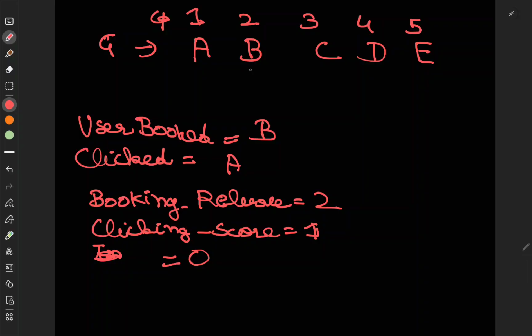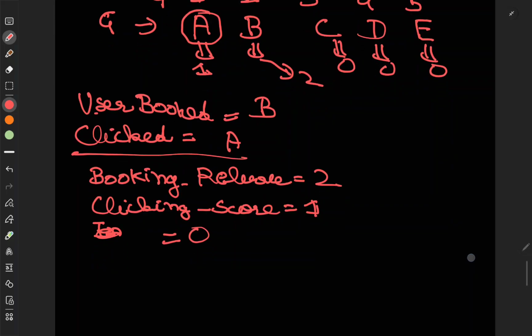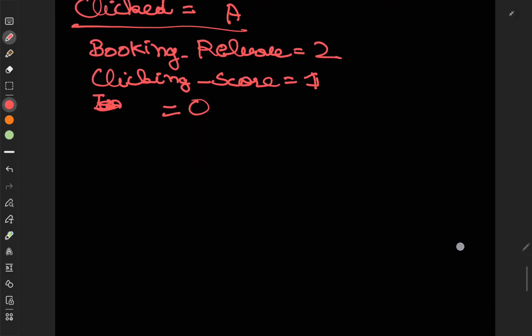So this particular thing here would have a score of 2. This would have a score of 1 because the user clicked in our data. We have this data that the user clicked A and the user booked B. So this would have a score of 2, it would have a score of 1, and this would have a score of 0, this 0, this 0. Okay. Now, how do we calculate this